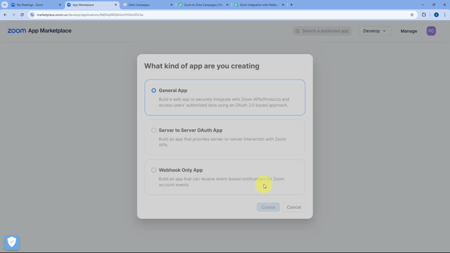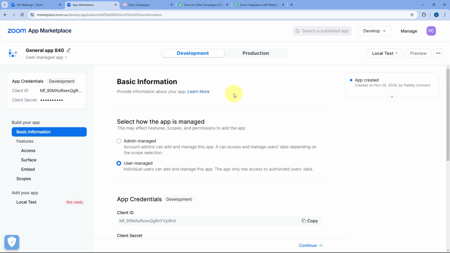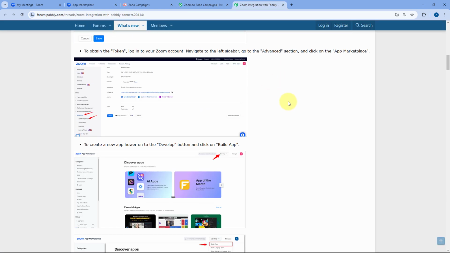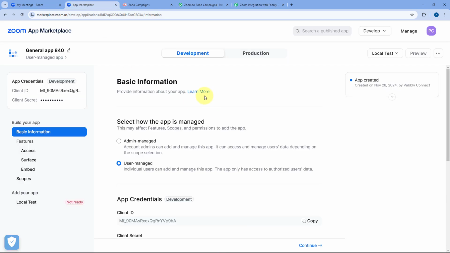Then just click on Create. And a new app is created over here. After creating this app, we have to configure this app as well as mentioned in this help text document over here. So for that, what we are going to do, first we are going to change the name of the